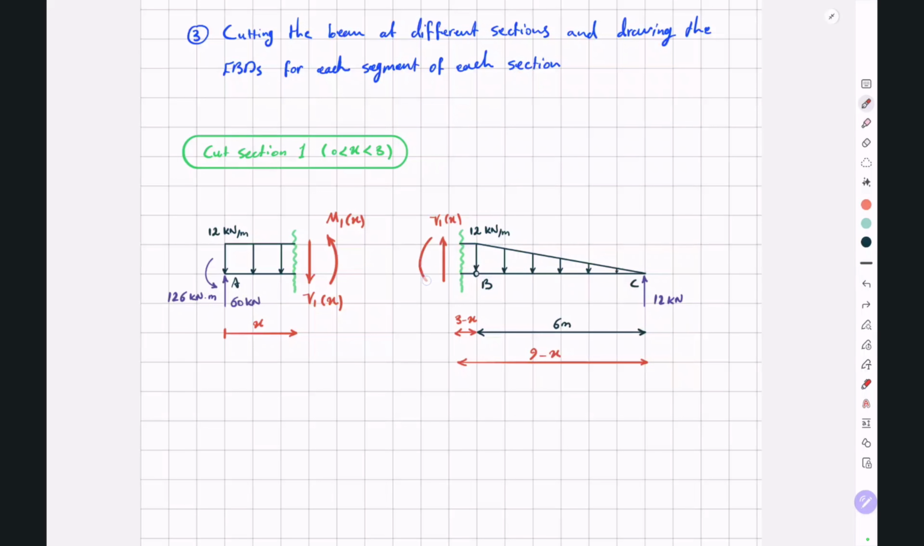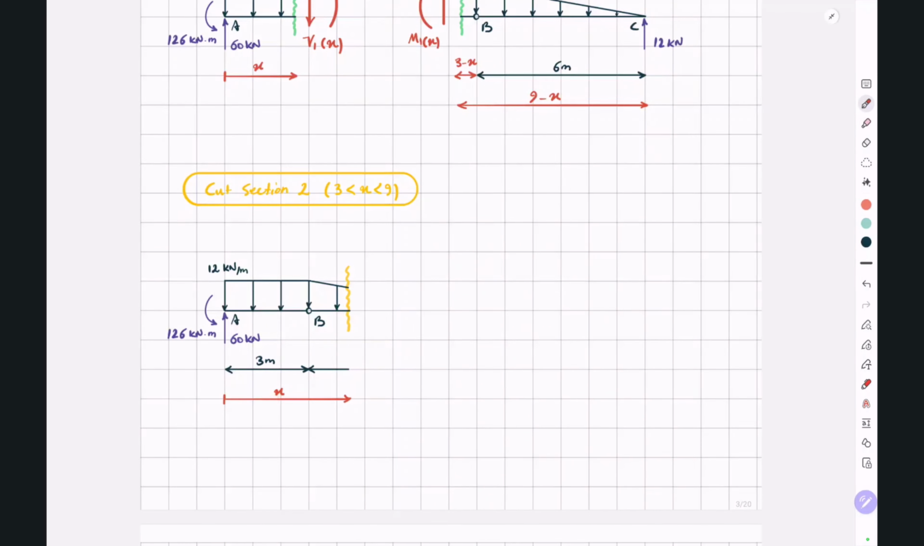For the second cut section, or X between 3 to 9, our left cut segment will look like this. So we cut the beam at a distance X from the left end. X minus 3 will be the length of this piece. We have a downward shear force, which we call V2X, and we have a counterclockwise moment, which we call M2X,